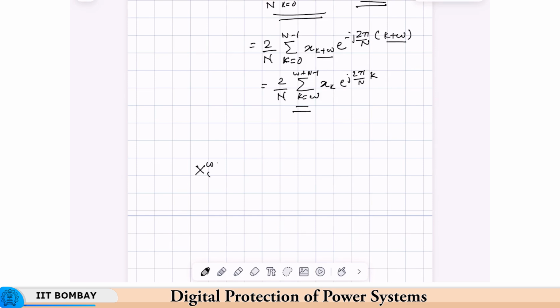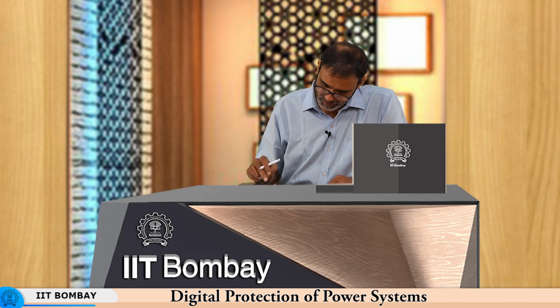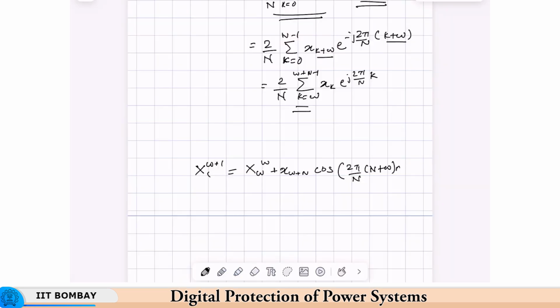So, Xc W plus 1, I am dropping the index m, Xc W. So, what have we done? We have added one term x of W plus n cos of 2 pi by n into n plus W. I think there was something missing. Yeah, m, because m is not 1 here. And minus one term x of W cos of